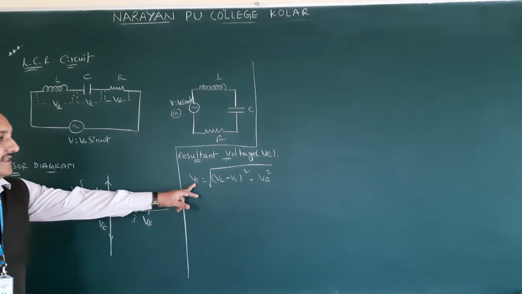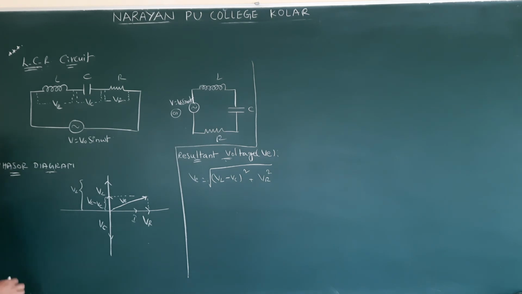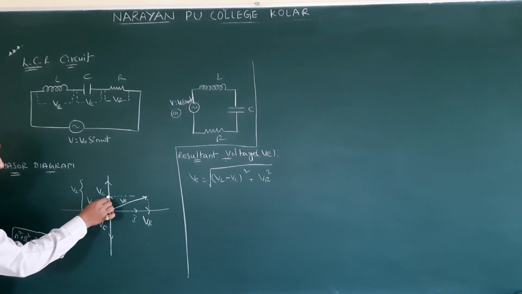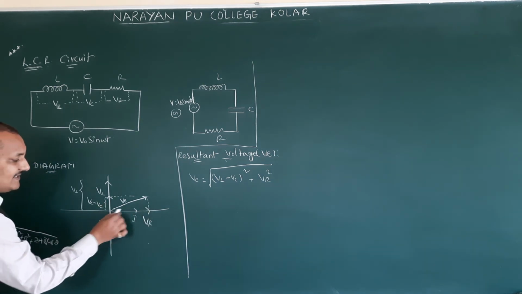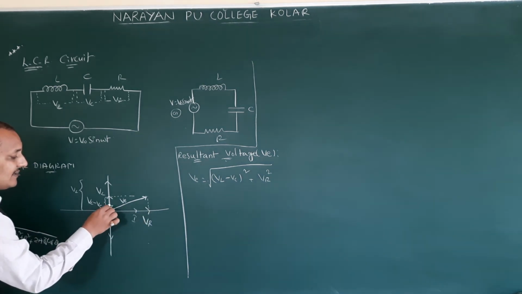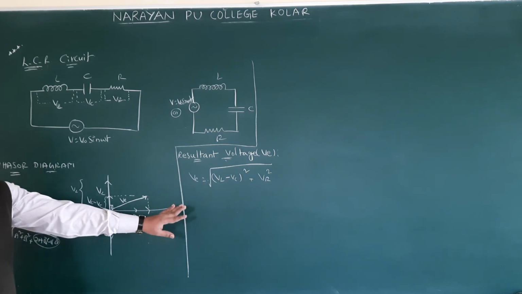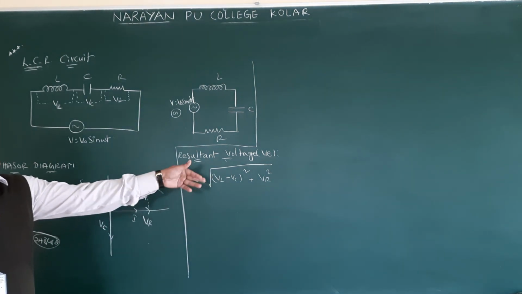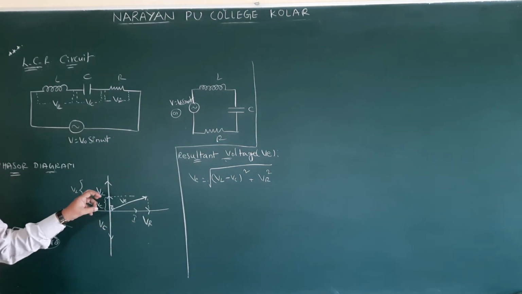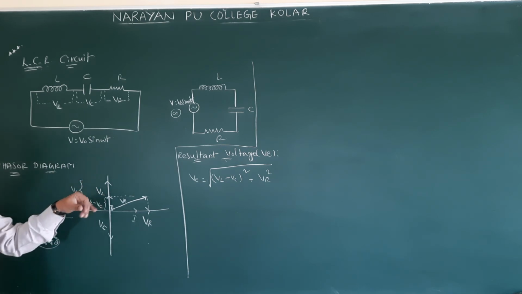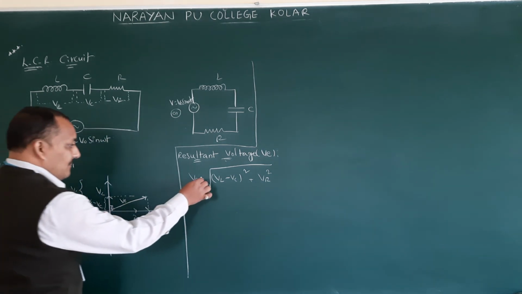How we got this: the resultant formula. R is equal to root of a square plus b square plus 2ab cos theta. Here a is VL minus VC, and let us say b is VR. What is the angle between these two? 90. So cos 90 is 0, and it is a square plus b square. Very important for 5 marks. So very easily you can get it. You don't need to practice also. Simply follow the steps one by one. Therefore I am saying it very slowly, so listen to me carefully.